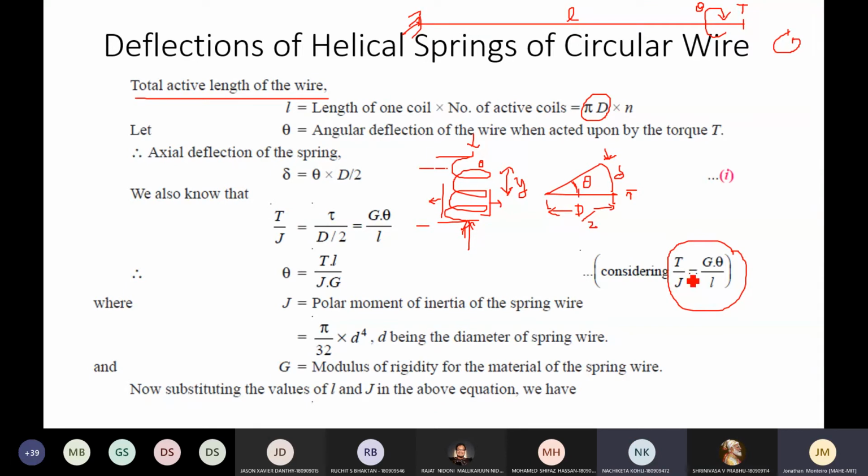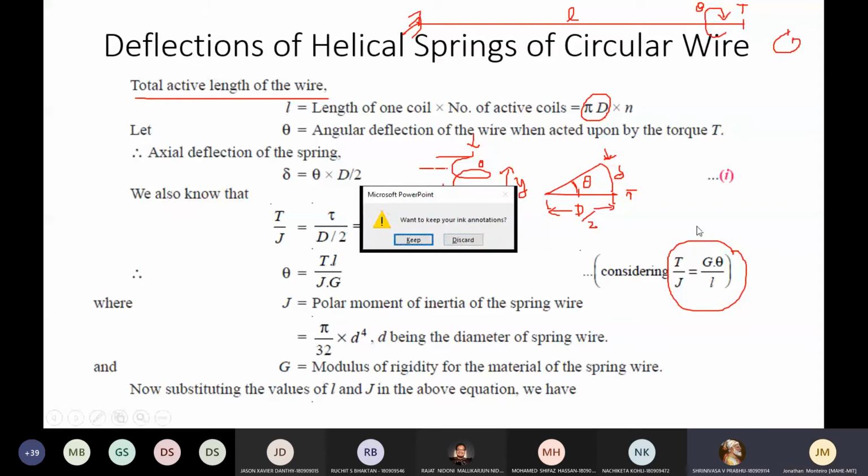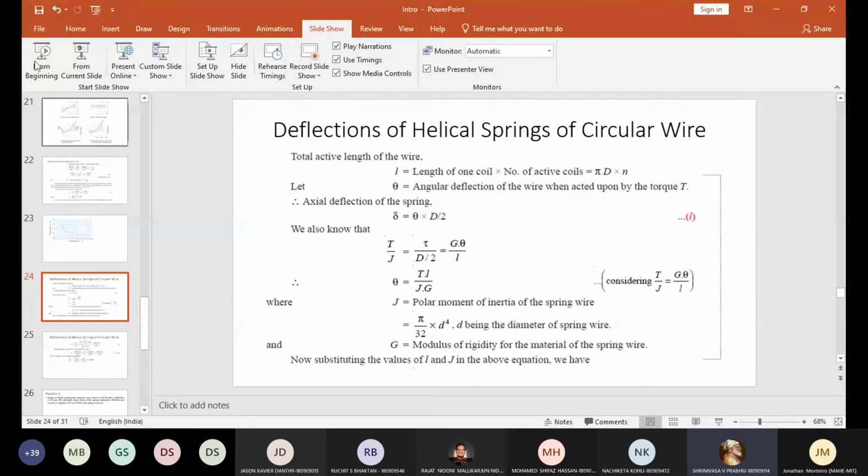Yes, sir. The thing is, a slant wire from the axis is d by 2, right? The diameter, it's d by 2, right? Mean diameter. So when we subject the spring to compression, there is an axial deflection, which is d by 2 sine theta. If we look at the geometry, it is d by 2 sine theta, and for small angles it becomes d by 2 theta. So yes, therefore, I agree with you.